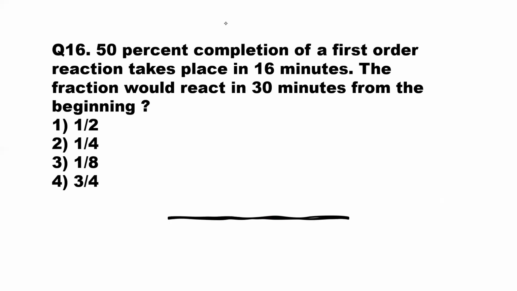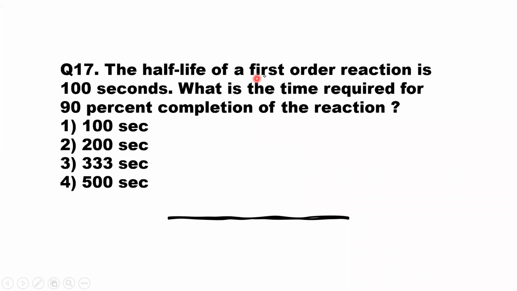Next question. The half-life of a first order reaction is 100 seconds. Now, what is the time required for 90% completion of the reaction? As I told you, the half-life is given. Again, I'm showing here 100 seconds is T half. So T50, again I'm writing the equation, is to T75 is to T87.5 is to T93.75. Then the ratio is 1:2:3:4. So T87.5 is 3 times. So the answer should be greater than 3 times and less than 4 times, as in the given options.